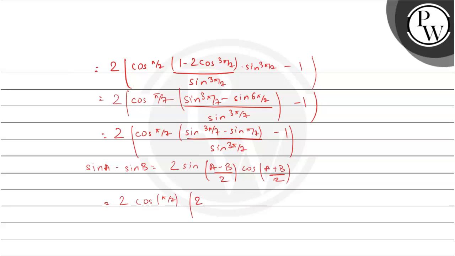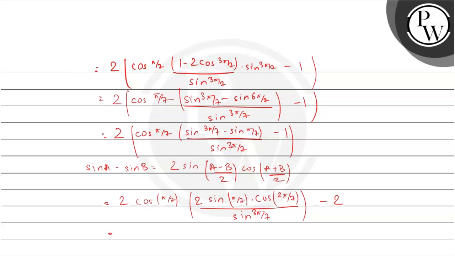This would become 2 times sine of pi by 7 times cos of 2 pi by 7 upon sine of 3 pi by 7 minus 1, sorry, rather minus 2,